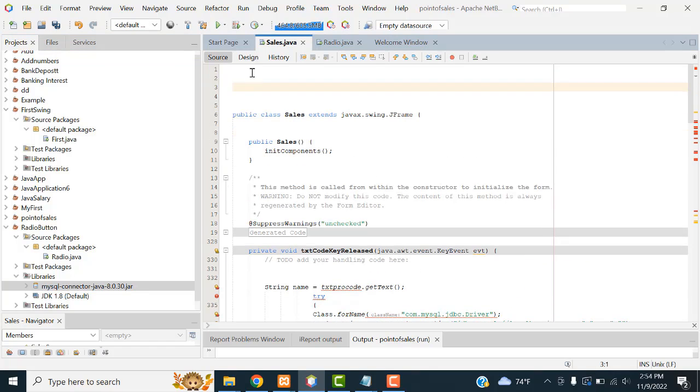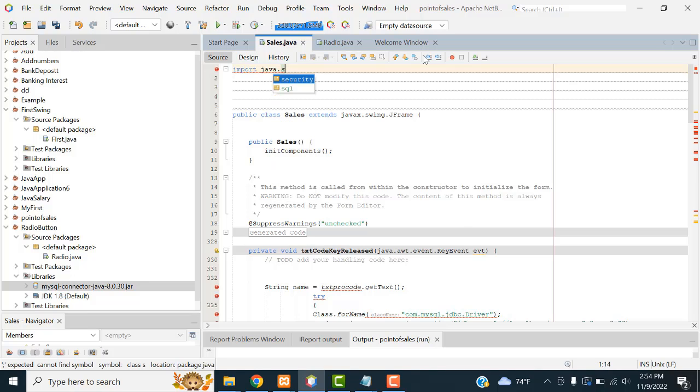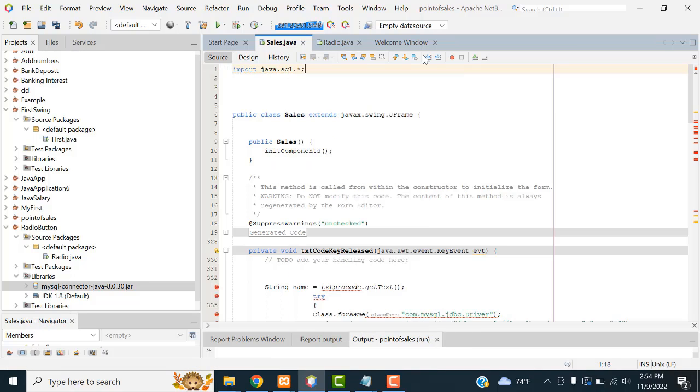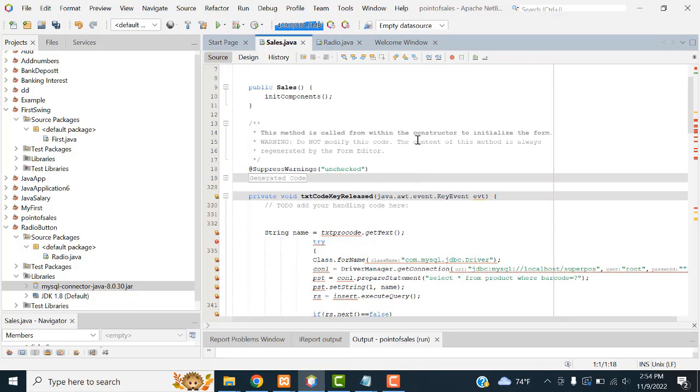After that, you have to implement the SQL class. So import java.sql.*. If you put it like this, you can access all the SQL classes. After that, you have to add the